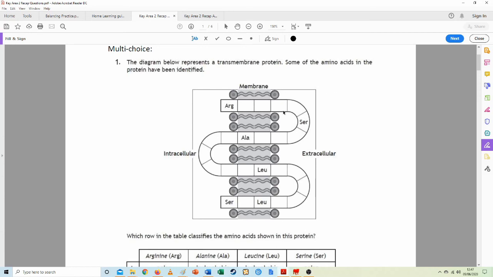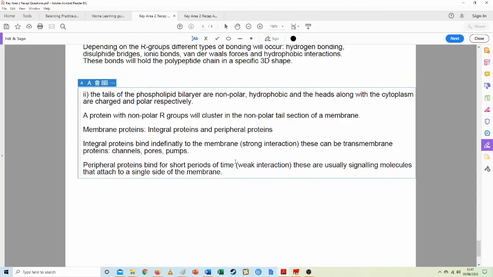They might have bits that come out into the extracellular matrix, or they've got some on the cytoplasm side into the cytosol. It just depends on the protein. And those integral proteins bind indefinitely, so they'll be there for a very long time. They've got a strong interaction. These can be transmembrane proteins, channels, pores, and pumps. The R groups, and I want to bring it back to the R group because that's really the question,